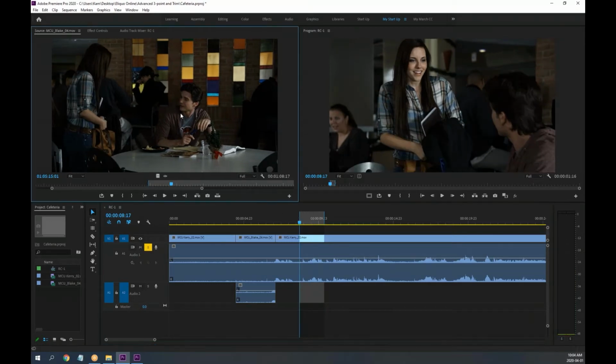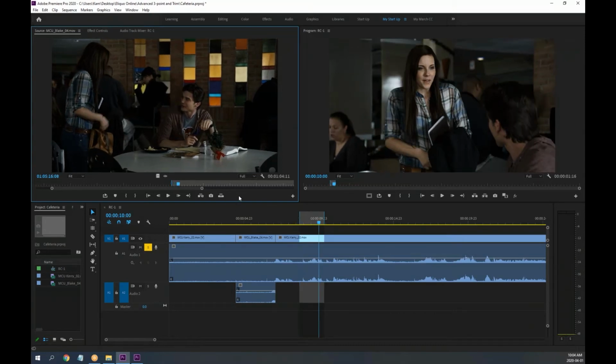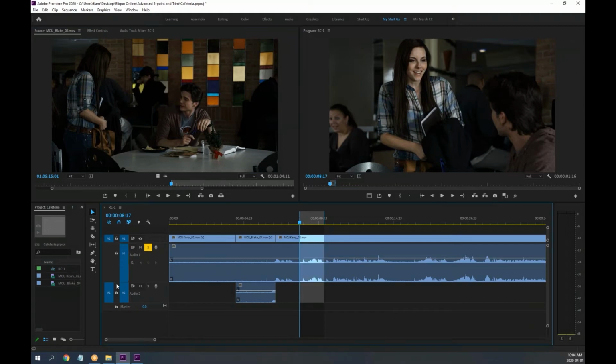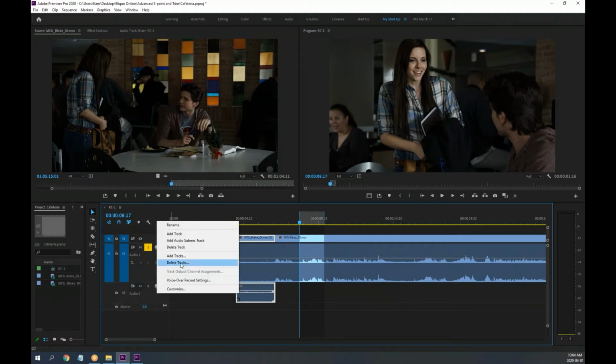Then I need a new in point from this part. When I play the source, I need to find who wants to know. Not bad. It works. So here it is. In this case, sometimes it's a little bit easier in this exercise to just match the audio side by side like this. I'm going to show you guys, even I get rid of this audio track completely. I'm going to just delete it